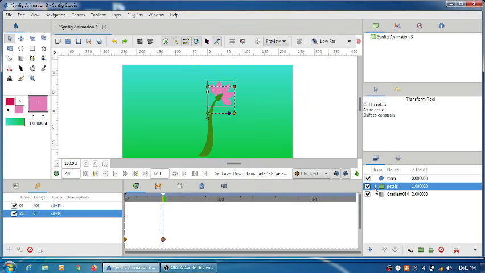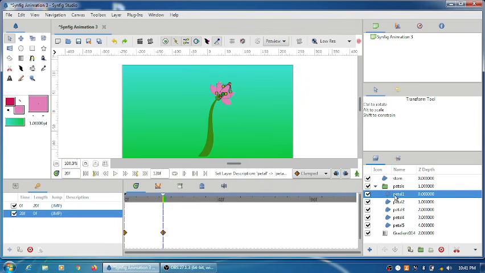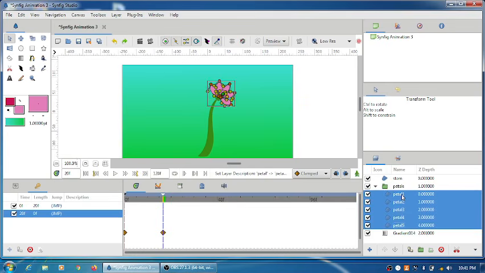Right. So now I'll open it, select all of them, click on the scale tool. Now select all the vertices of the petals and now select one of them and try to resize it.